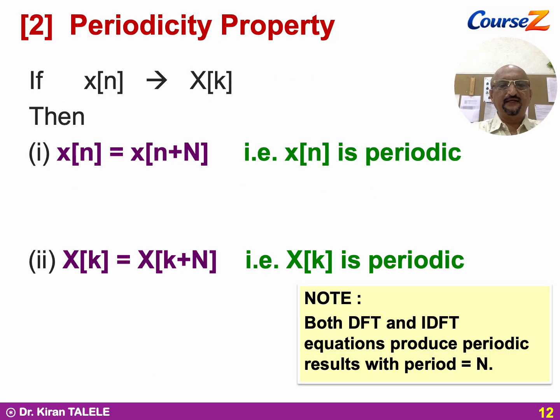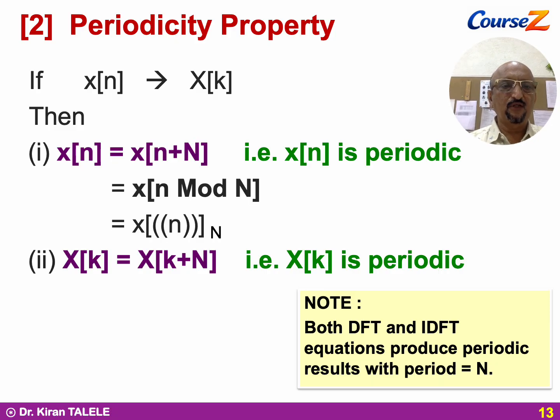According to the periodicity property, both the DFT and IDFT equations produce periodic results. That means X of k is periodic because of the DFT equation, and x of n is periodic because of the IDFT equation. If x of n is periodic, then x of n equals x of n plus N. If X of k is periodic, then X of k equals X of k plus N. This can also be written as x of n mod N, valid only for periodic signals. x of circularly shifting of n. Circular shifting is only for